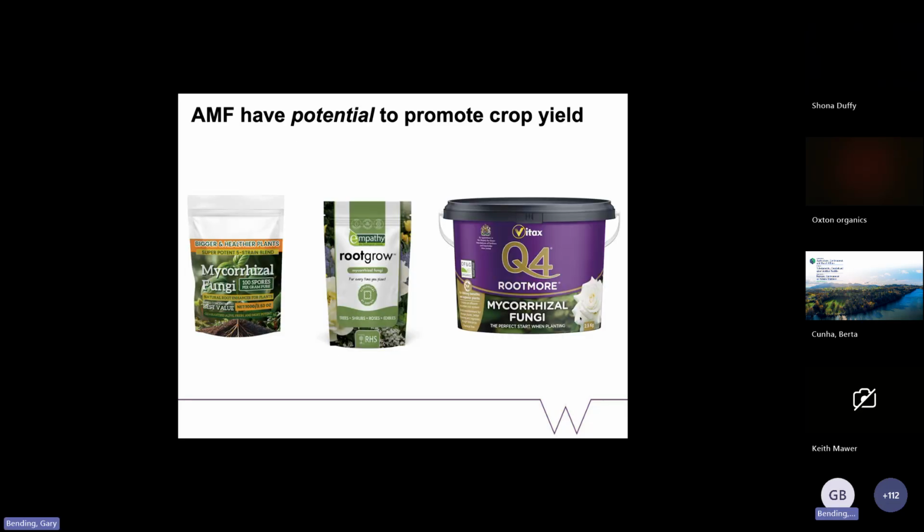Okay, and in fact, if you go to any garden centre, you can find inoculum of mycorrhizal fungi. And you can see that there are some crop production systems, particularly controlled crop production systems, where mycorrhizal fungi are being added to cropping systems. And also some interest in adding these to crops at the field scale as well, or at least